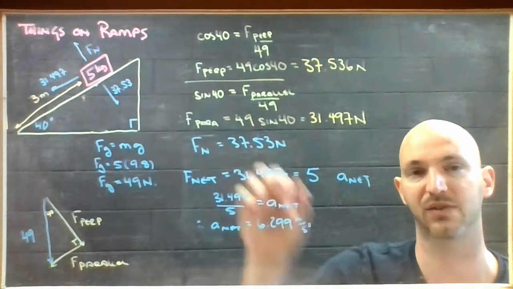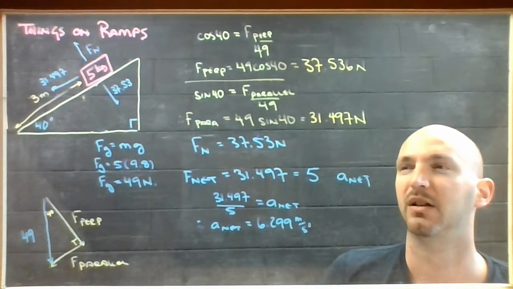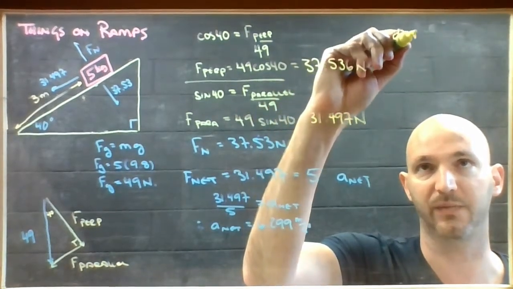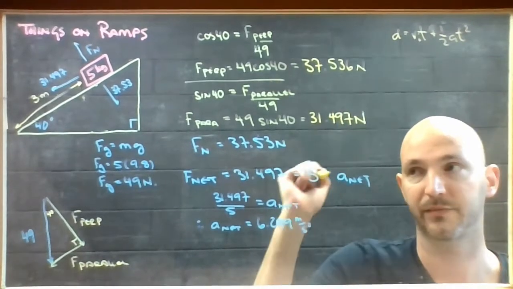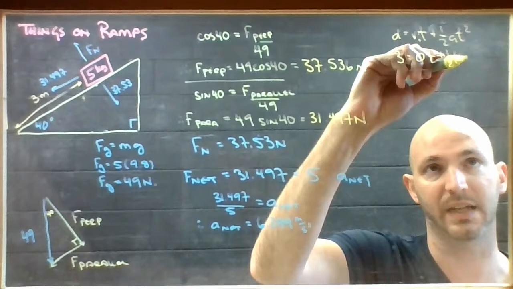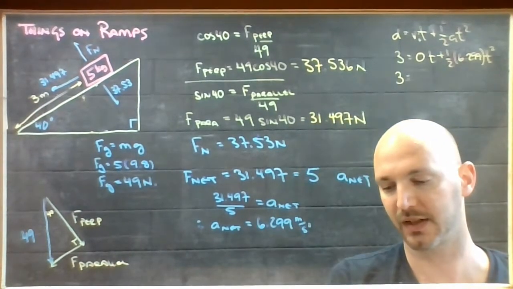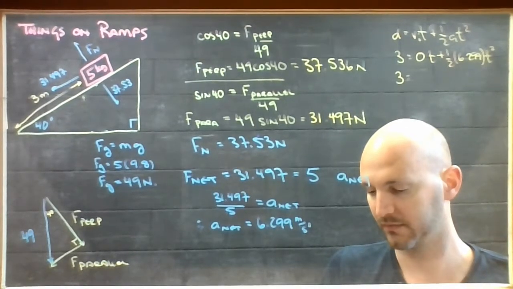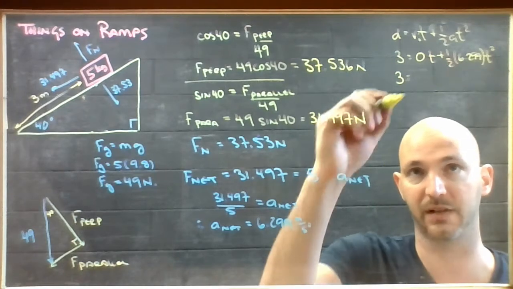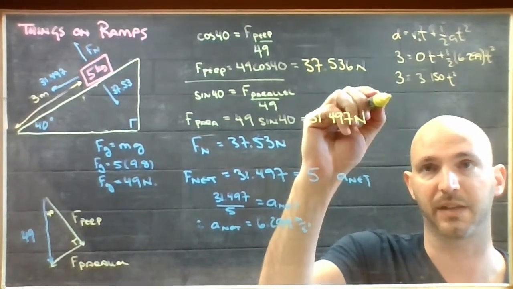So if I have an acceleration and I assume that that thing has an initial speed of 0, I should be able to calculate the time it takes to travel down that ramp using my kinematics equations. So the one that connects initial speed, time, distance, and acceleration is distance equals v_i t plus 1/2 a t squared. So 3 meters equals 0 initial speed multiplied by t plus 1/2 of 6.299 t squared. That would be 3 equals half of 6.299, which is 3.1496. So I'm going to round that up to 3.15. So 3.15 t squared. 3 divided by 3.15